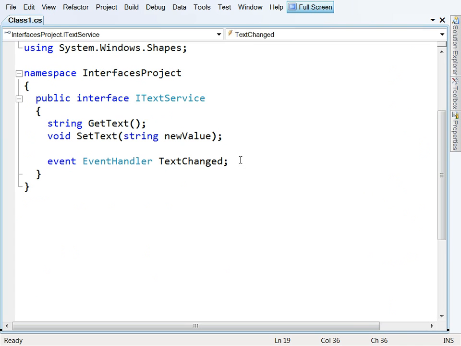Let's say that it no longer fires this event. So all users of the service now do not know when the text is changing, which is a little bit tricky. Okay, so what we'll do here is we will re-implement this using the loosely coupled event system that Prism makes